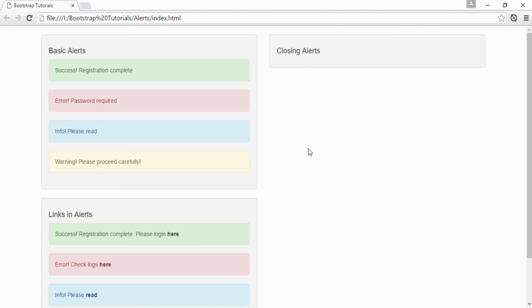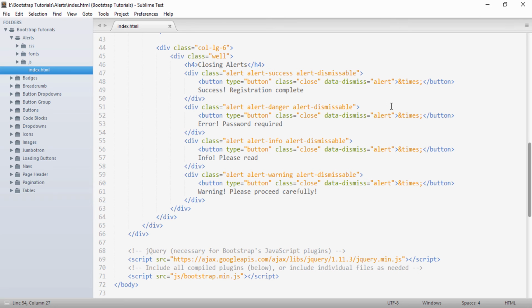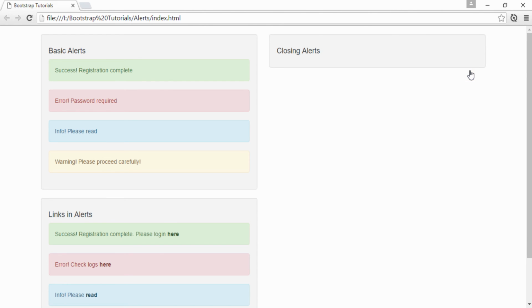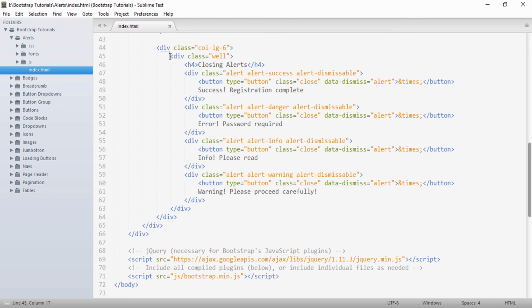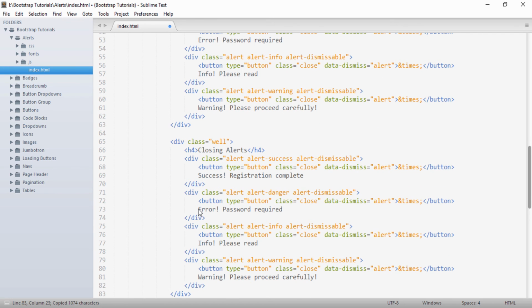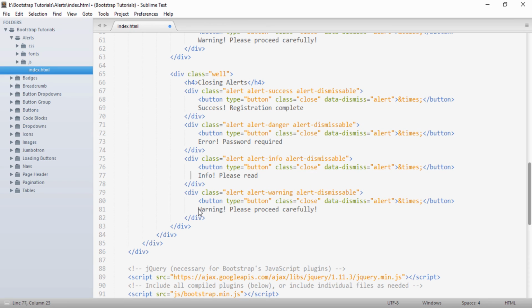So friends, there is also animation support in alerts. So I will just go here. I will again save it and run it on the browser. So you see that as soon as I click this, it disappears immediately like this. So in order to provide a fade-in effect, an animated fade-in effect to these alerts, we can create alerts with a fade-in class. So I will just demonstrate it. What I will do is copy this as well and paste it below, and I will give a heading to it as